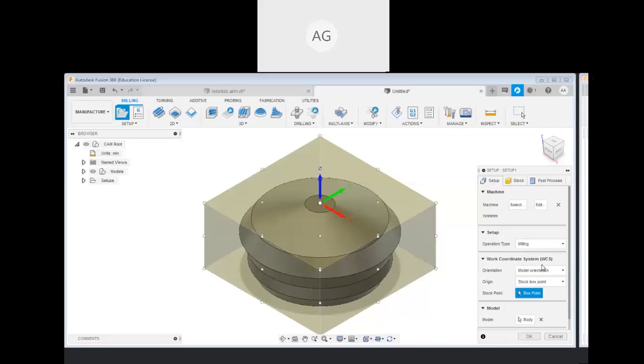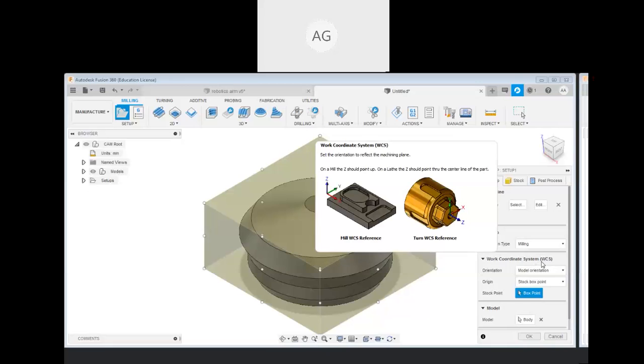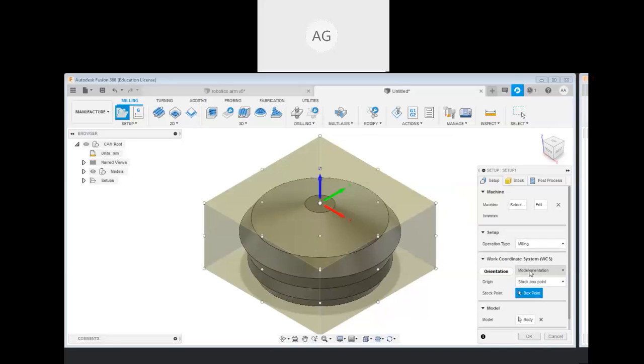And after that, the work coordinate system. There is WCS, the work coordinate system, which defines how you are going to manufacture. You can see over here in the work coordinate system from where you are going to start manufacturing, from where you are going to start cutting. There is one coordinate system in a machine: X, Y, Z and origin. We take it as a reference, and after that in the component also we have to select the work coordinate system, from where we are going to start manufacturing. That also you can select over here. That is standard. You can select it.